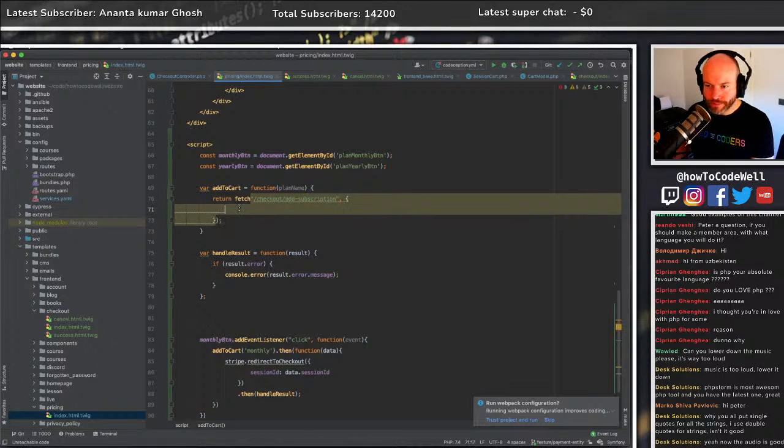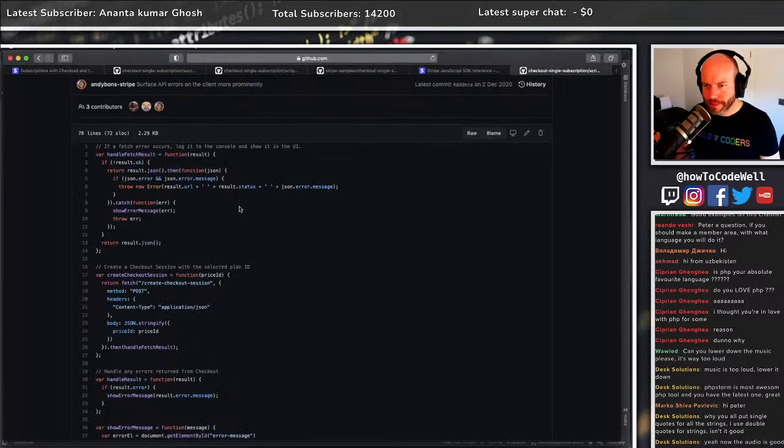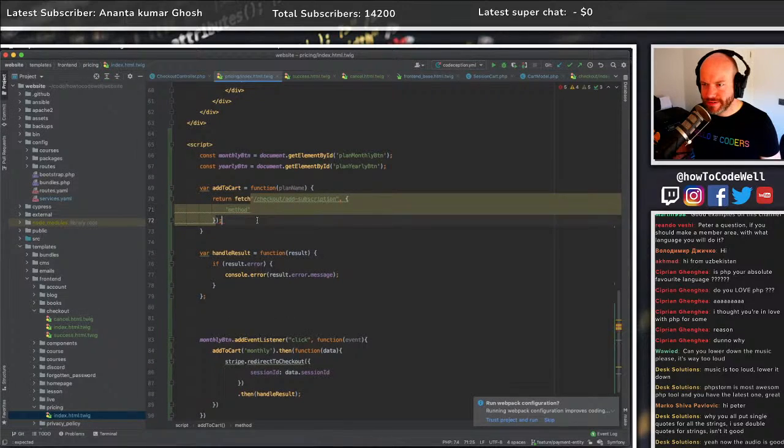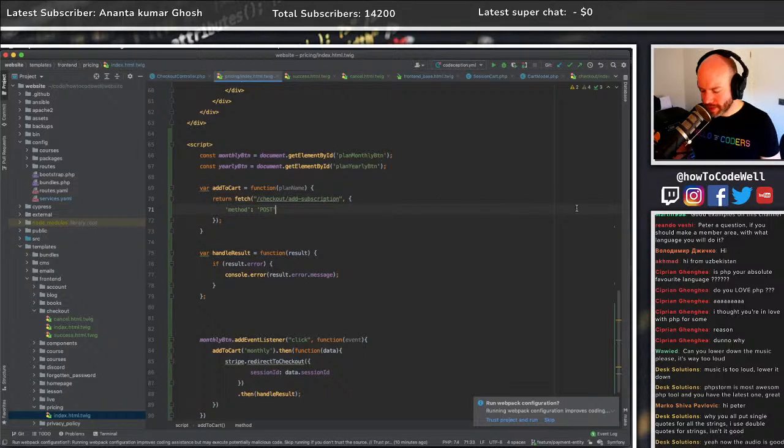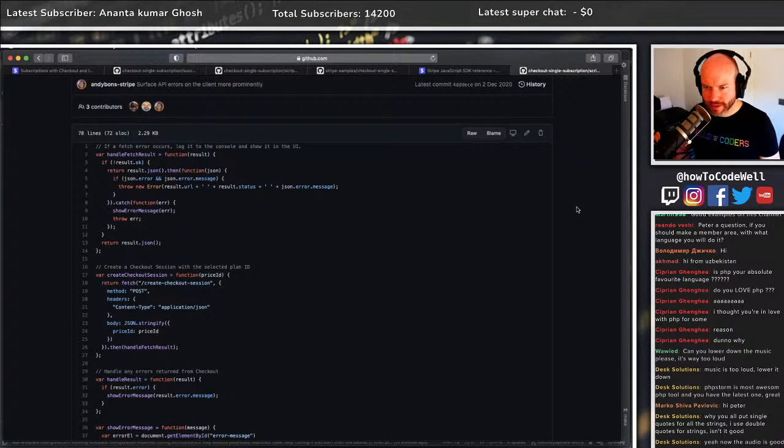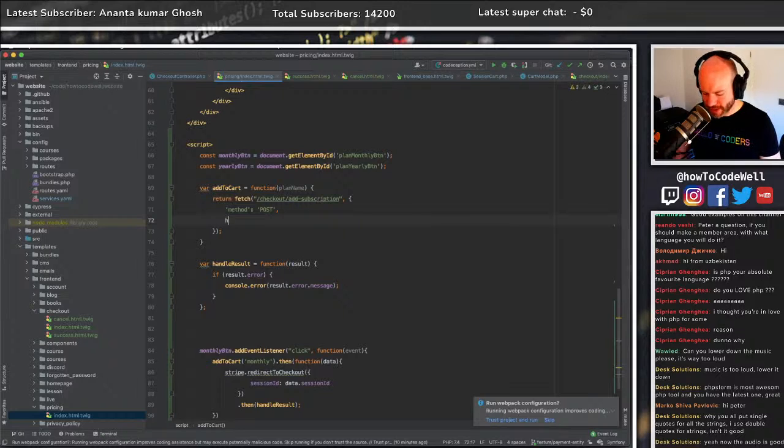It's pushing, sorry, a method. Oh, come on. Method. Returning fetch. Method is post. That's why it's not working. There we go. Returning method post, and then passing in headers,